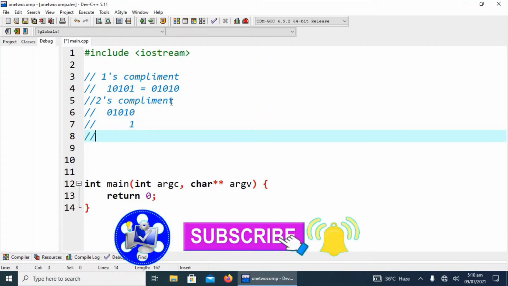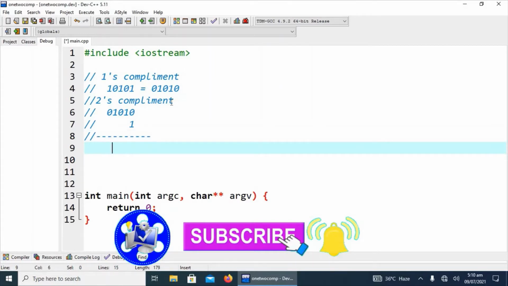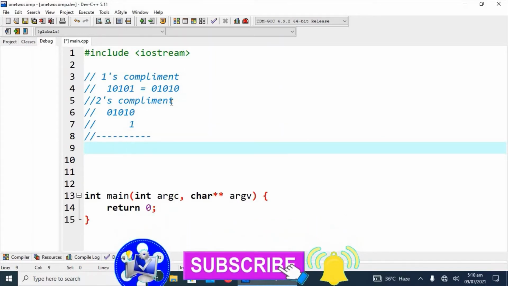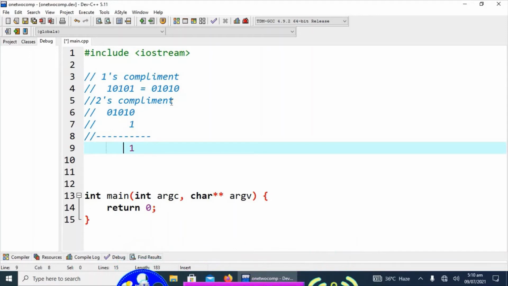What will be the result? That will be the twos complement. So let's start by adding 0, 1, 1, and then 1, then 0, then 1, then 0. This will be the twos complement of the given binary.